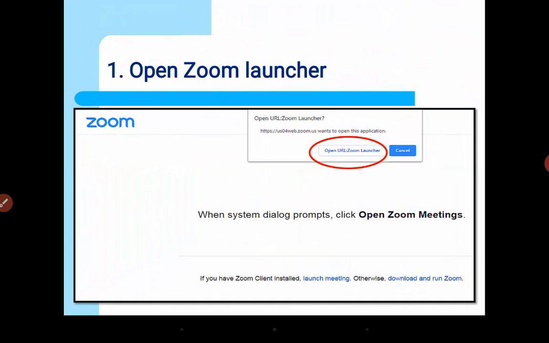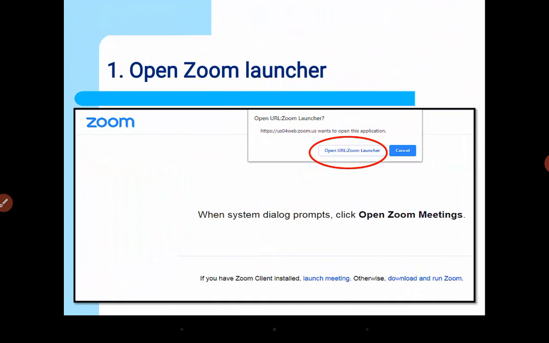When you continue, you will see a screen asking you to open URL Zoom Launcher, because Zoom operates on a standalone window, so it will not be operated on the browser anymore. From here you will have to move to the Zoom launcher for hosting a meeting.